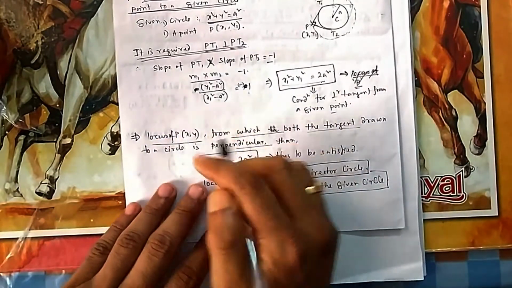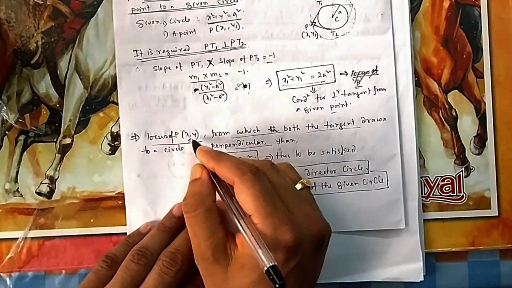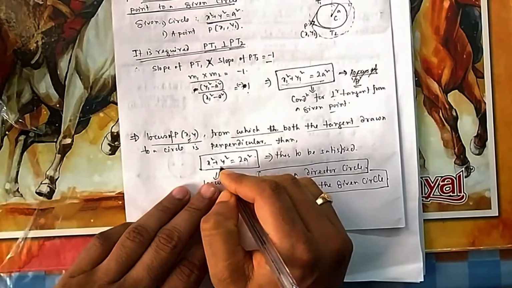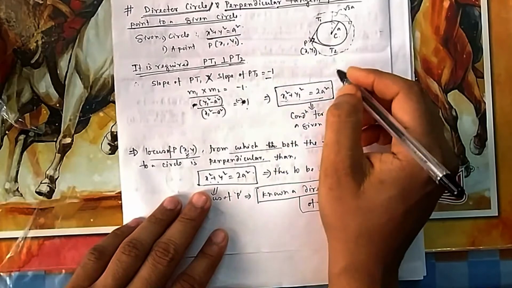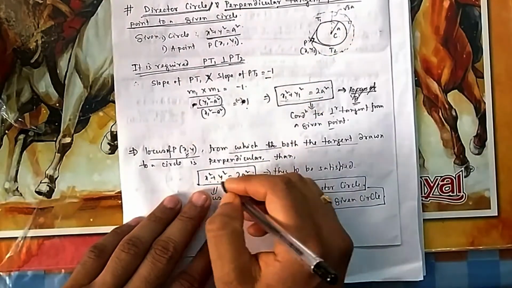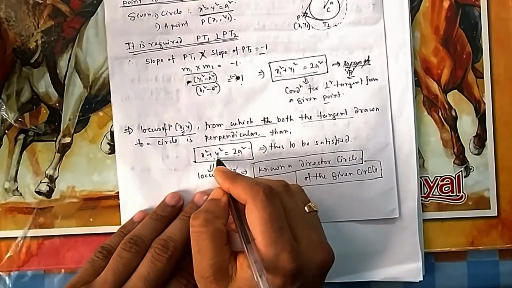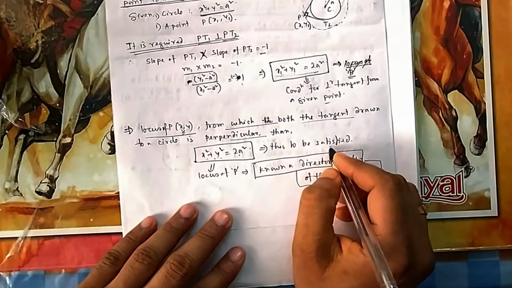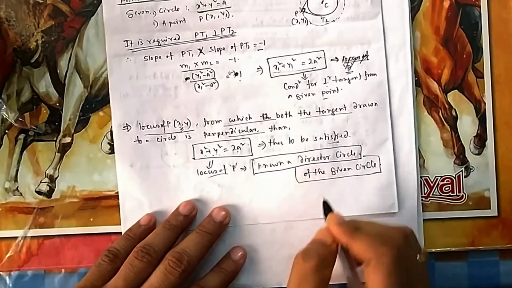Suppose for the locus we consider P as xy, it can take any arbitrary point, because we are finding the locus. So when will it be possible? For any point xy, if the tangents are to be perpendicular, then x square plus y square should be equal to 2a square. If this condition is satisfied for any value of x and y, then from that point you can draw the perpendicular tangents. So this represents the locus. This has to be satisfied. This is the locus, which is nothing but known as the director circle of the given circle.